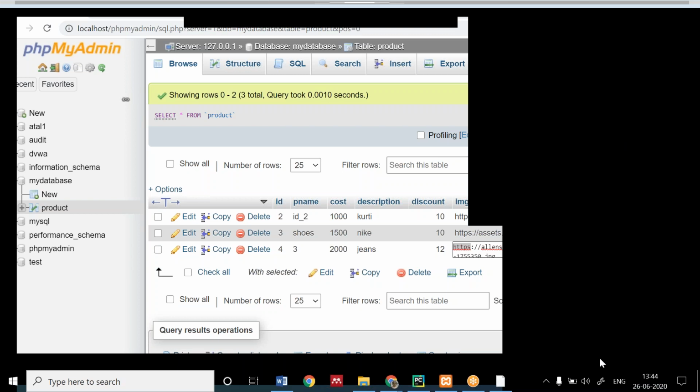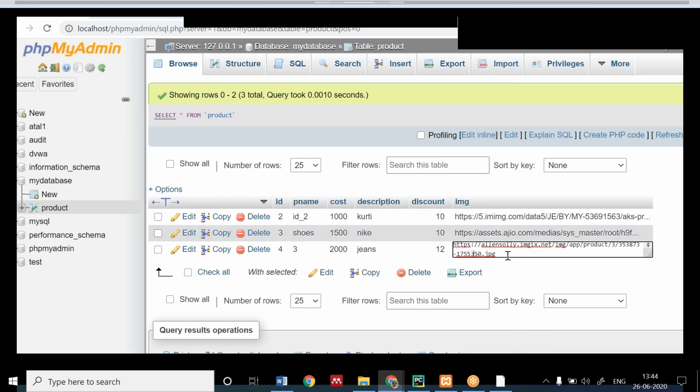Because GoToMeeting is installed on my phone, now I can't do anything further. See that at the last it is JPG or not. See, at the last it is .jpg, .png, some format should be there.